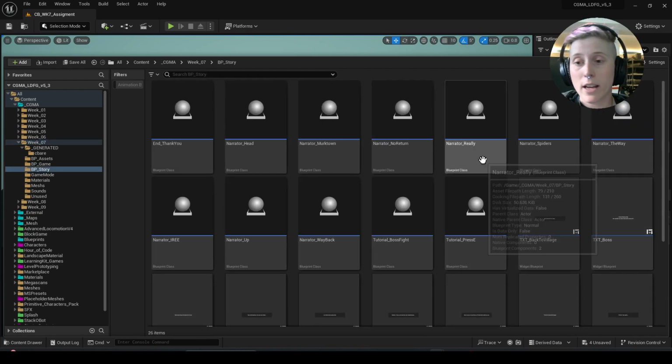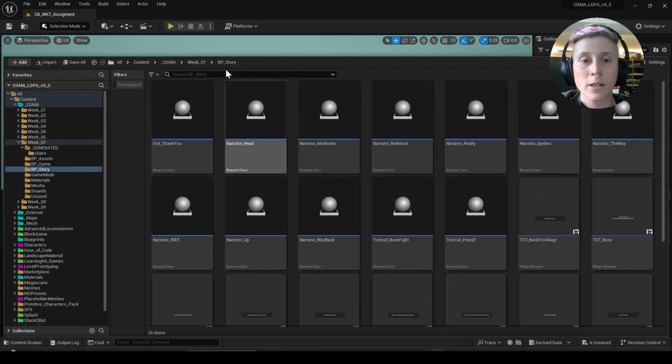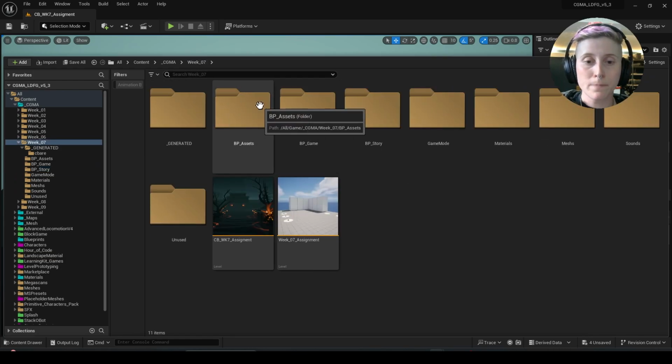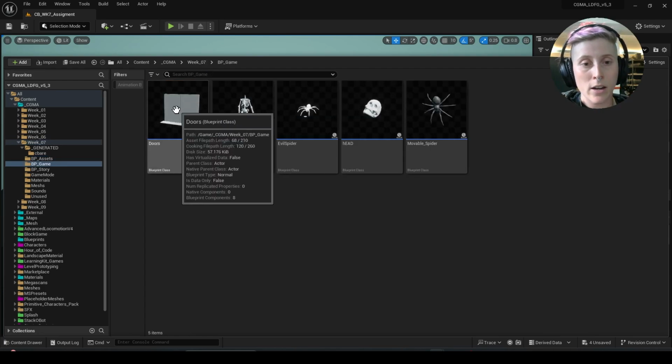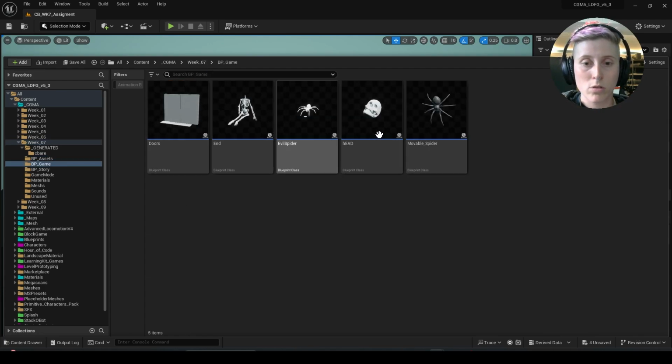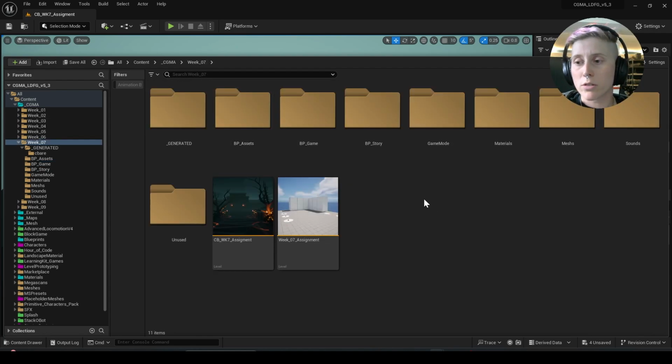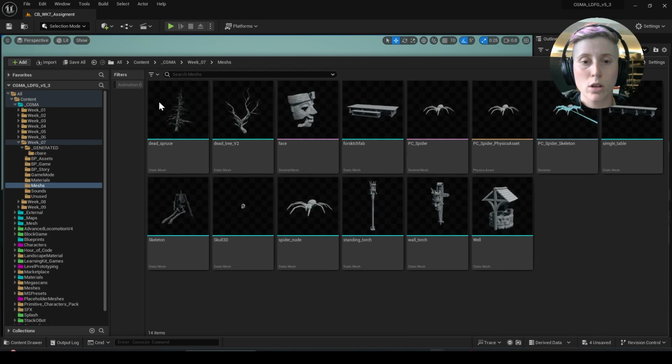I made a lot of story beats in my level, and also, this is something I really love to do, making assets that I can use as prefabs. So this was really cool. I made a couple of game assets to use: the boss, the skeleton of Vivian, her head, another spider, and the door. So these are all things that I did. I also used a couple of meshes that I found on Sketchfab.